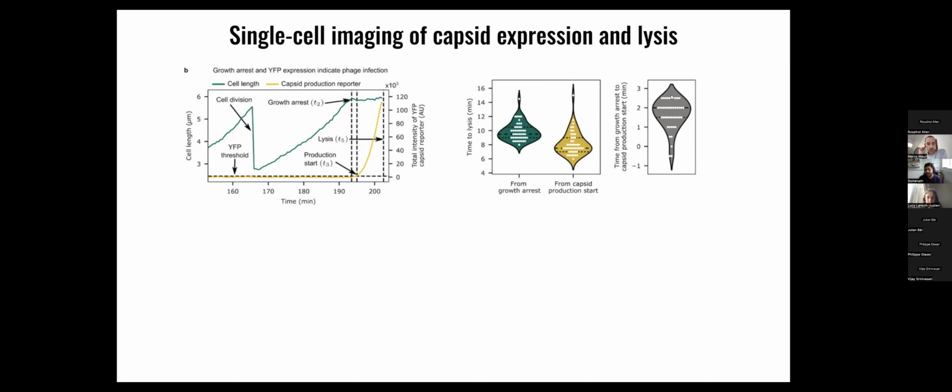And so there is that delay between taking over the resources from the host and then starting to produce its own gene expression. But again, we're focusing on the capsid, which is one of the late genes. But our results start to show, at least for T7, that there might not be as much distinction in timing in what people call late and middle genes.